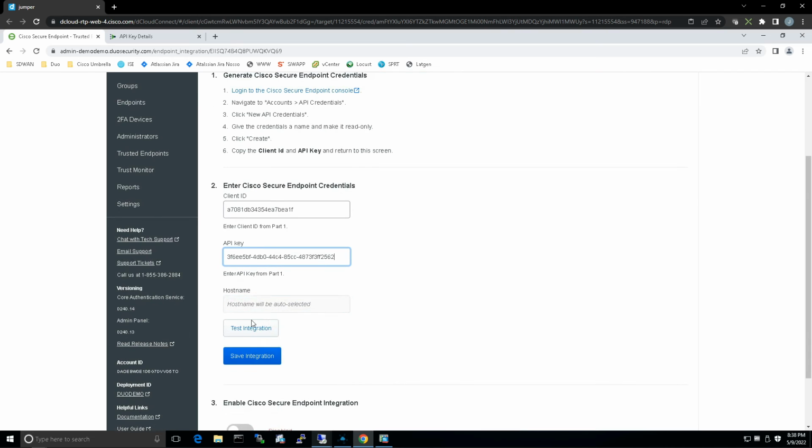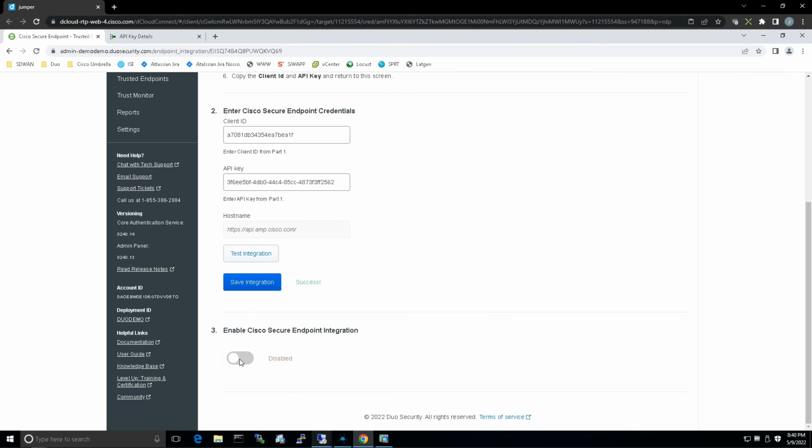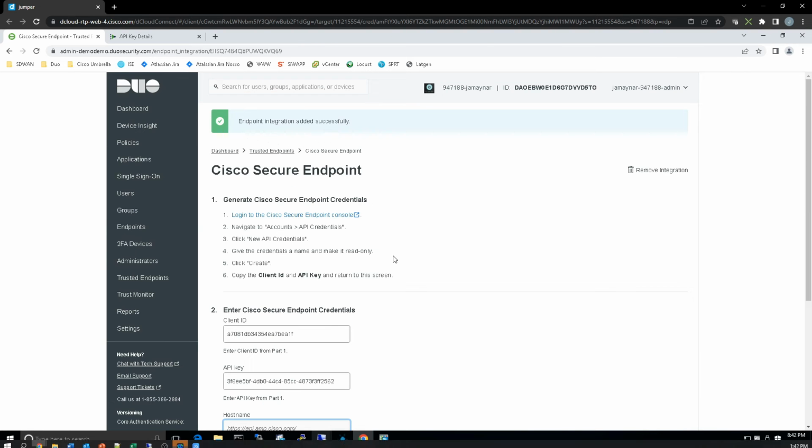Scroll down. We can test the integration, success. We can save the integration, but we do need to enable it. So let's go ahead and do that. Scroll down and enable. Now that we're enabled and ready to go,